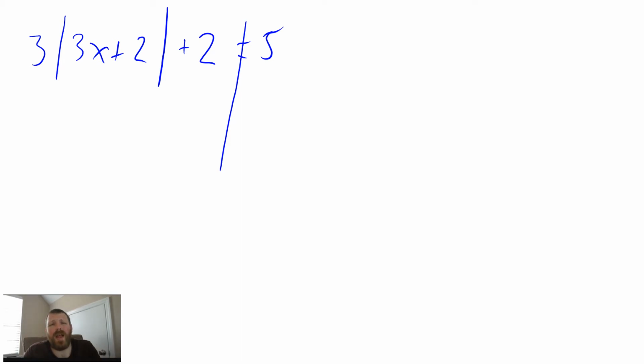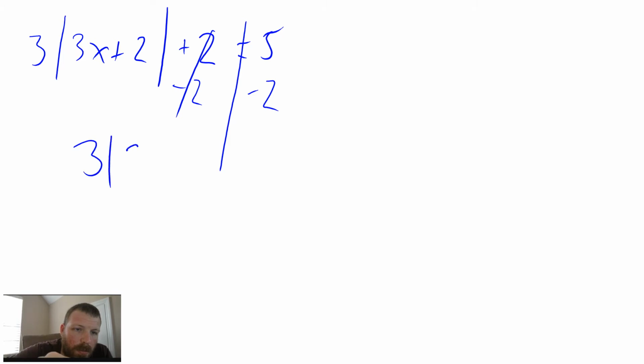So to get rid of that, we actually have to get rid of that 2 first. To get rid of the 2, we have to subtract it. You may ask, why do we have to get rid of the 2 first? Well, adding and subtracting come first before you would multiply and divide. When you're talking about the order of operations, to undo things, you want to go back up that order, right? So you want to make sure that you are getting rid of this 2 first, bringing down the absolute value of 3x plus 2